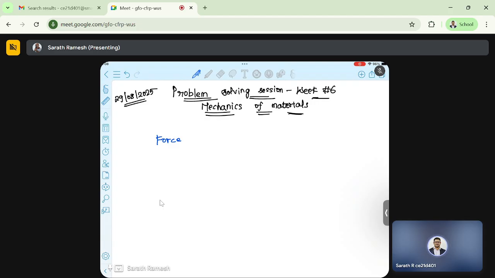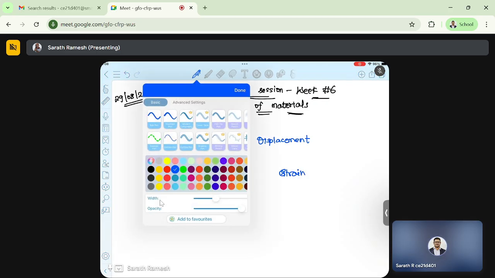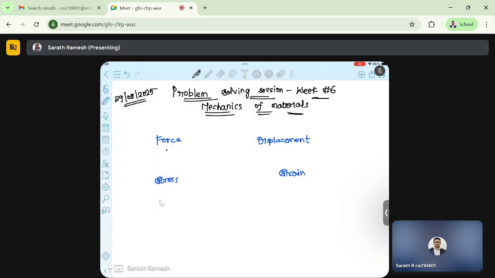So we started the course with these four basic concepts of mechanics. We saw force and displacement cannot be related directly. They need to be related indirectly through some other concept. So we introduce something called stress, and we introduce something called strain, and we also saw this relation between force and stress we called the equilibrium equation,